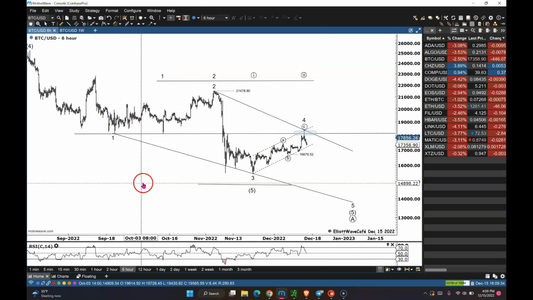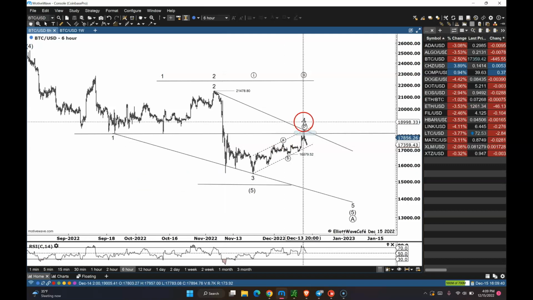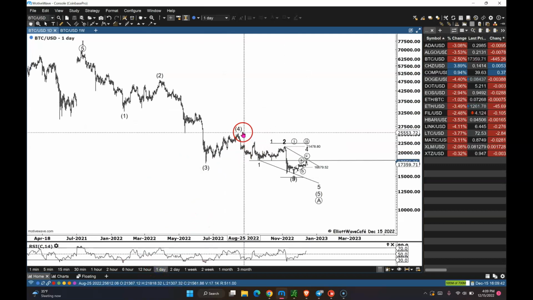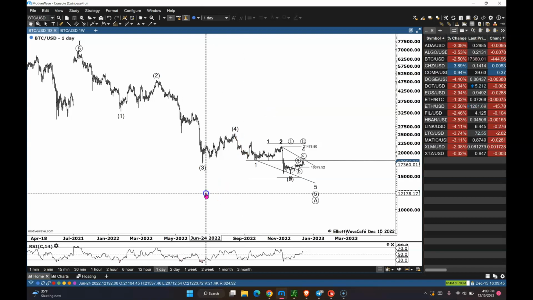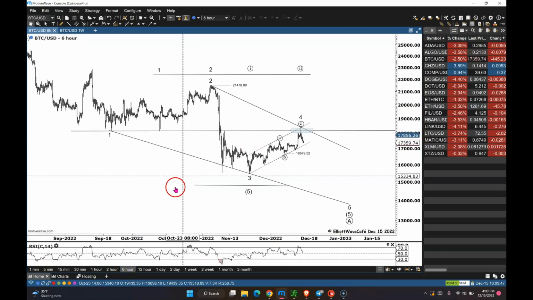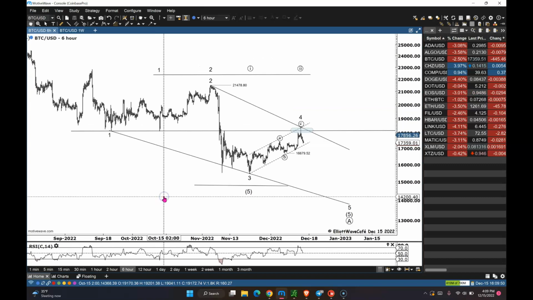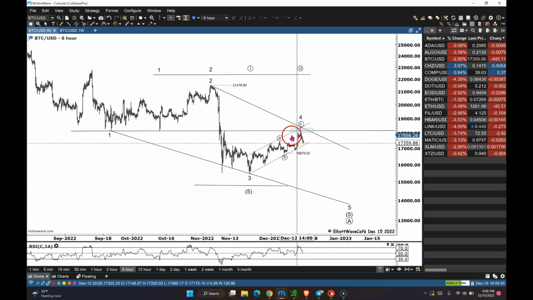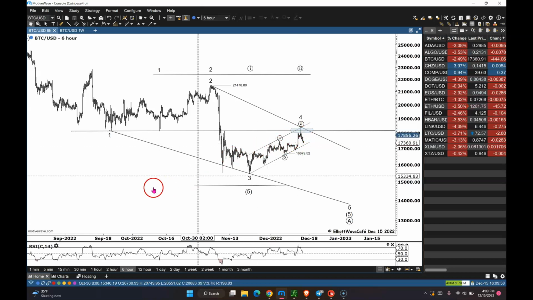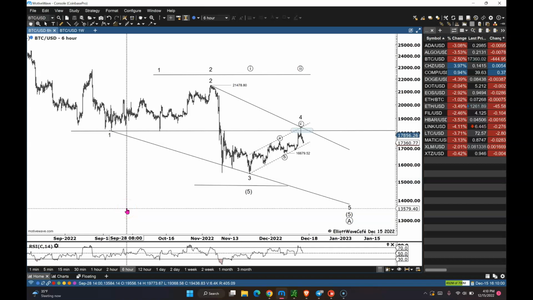And I know Pinko posted a question asking me about the size of the fourth wave. I'm not sure if he was referring to this fourth wave or this fourth wave. When you put any questions out there, try to either put a chart or tell me which wave we're talking about. There were a couple of small fourth waves at a smaller degree inside the structure as well, so I need to know which one it is. If you have a snapshot of one of my charts, or want to put it on your chart, or tell me a label like minor or minute, so I know how to properly respond.